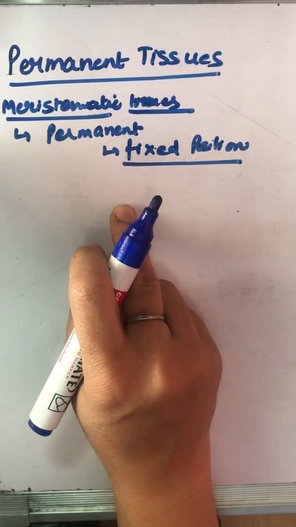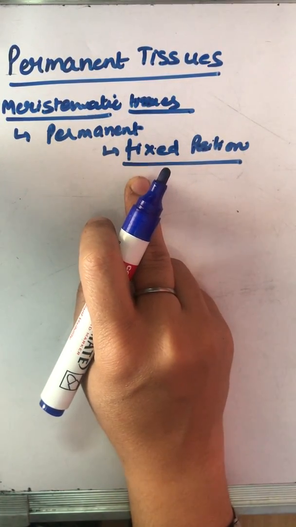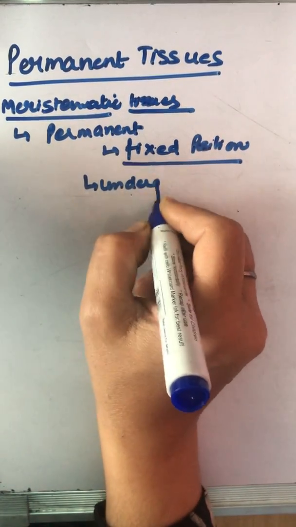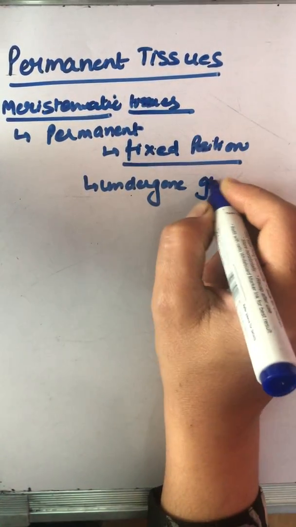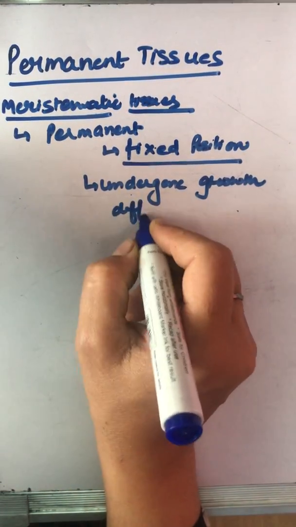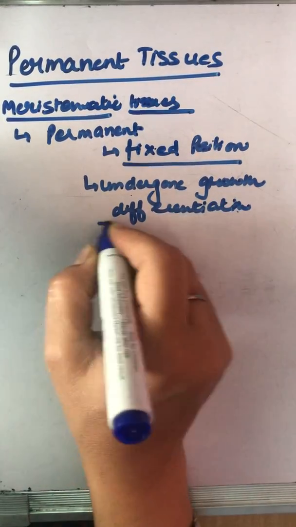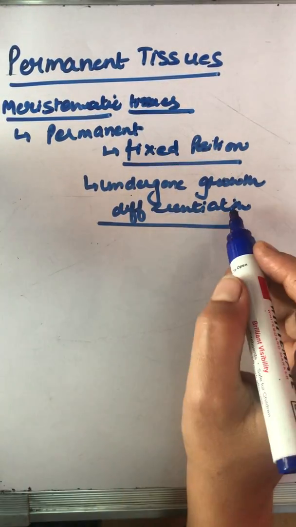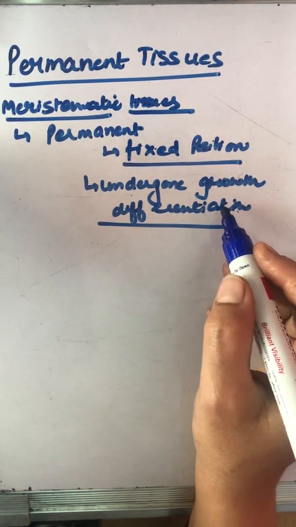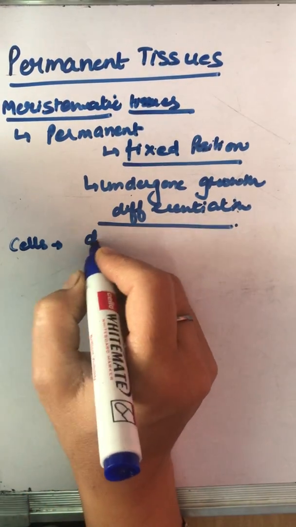And how have they got the fixed position? Because they have become mature. Why? Because they have undergone growth as well as differentiation. Now they have got a fixed place. When they have got a fixed place, they have undergone growth and differentiation, so their cells will possess a definite shape